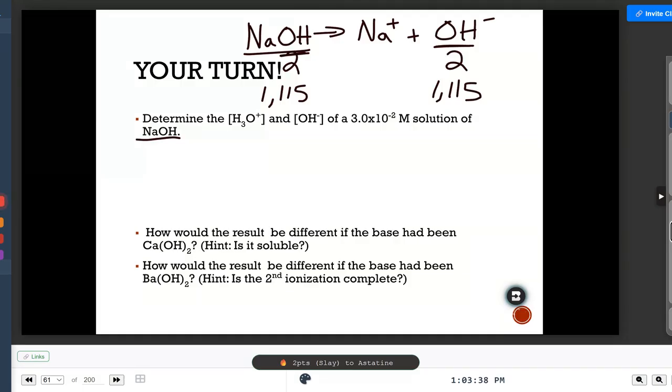Because they're telling us the concentration of the NaOH, which means I also can figure out